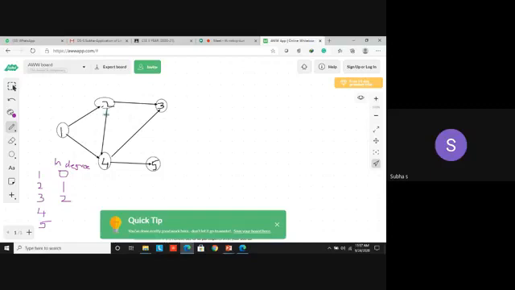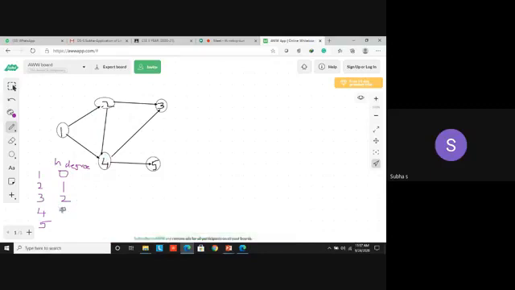For 4, how many edges are coming to 4? 2. So in degree is 2. Okay. For 5, is there any edge incoming? Yes, there is one edge coming. So in degree is 1. Okay, clear? The first point is clear. What's the next step you have to do? Initially, you are going to take one Q as empty Q. Okay.